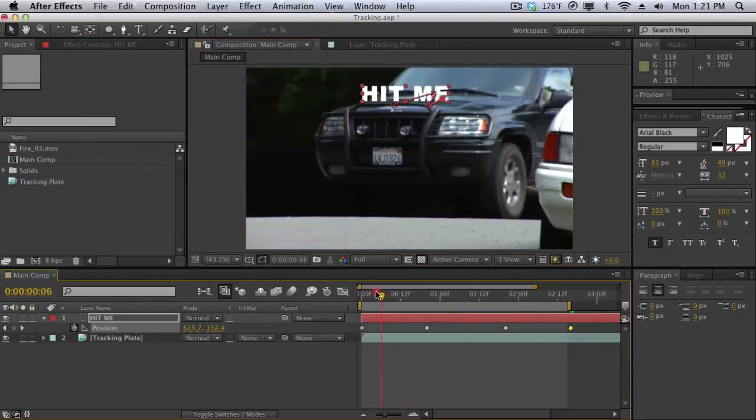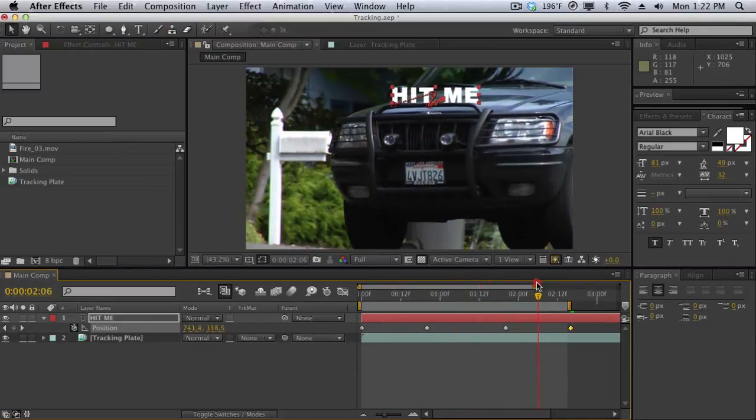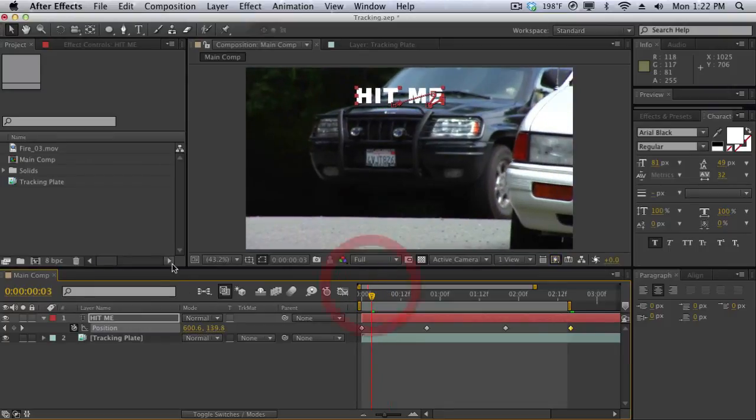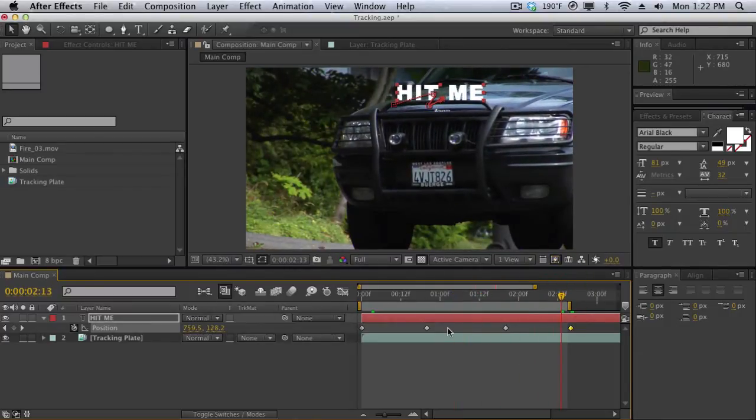It can be a very tedious process, and again, it doesn't look 100% realistic, and it's very tedious to get exactly right. Then you would have to play around with the rotation and the scale, because as you see, as our vehicle gets closer, our text should get larger as well. This is the basics of the problem for a compositor. So to ease the process, we can do something called motion tracking, which is going to track the motion,